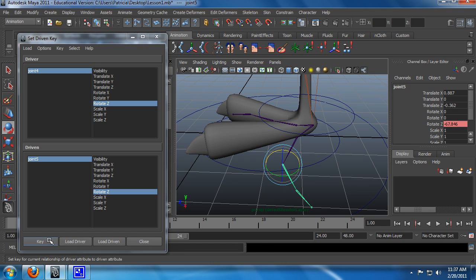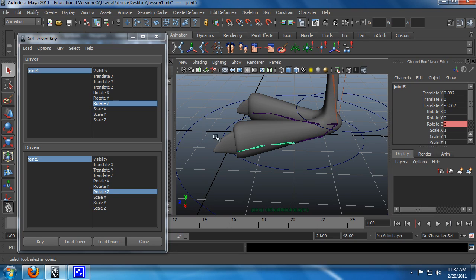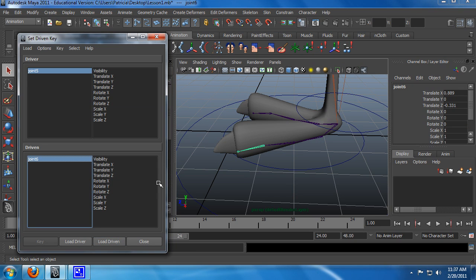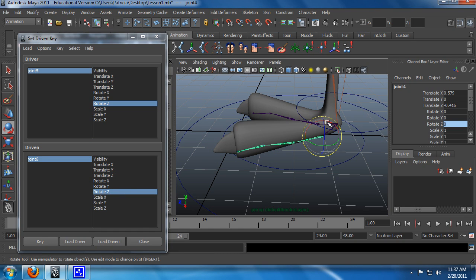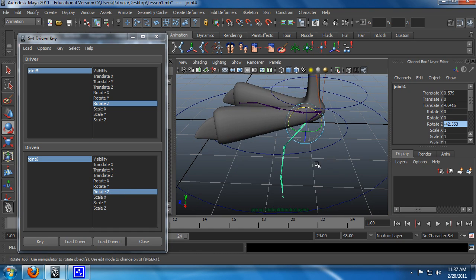Okay. I'm just going to manually set the rotation of the top bone to 0. Select the new top, which is the old bottom, load it as the driver. Go to the next bone, load as driven. Joint, rotate Z, set the 0, 0. Move the top joint back down. Rotate the Z perhaps by a little bit more. Key,